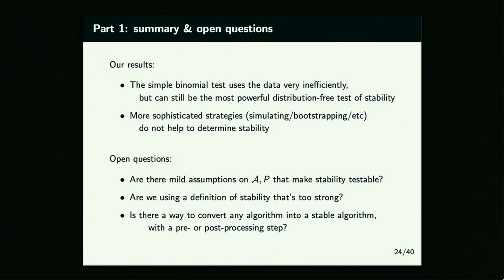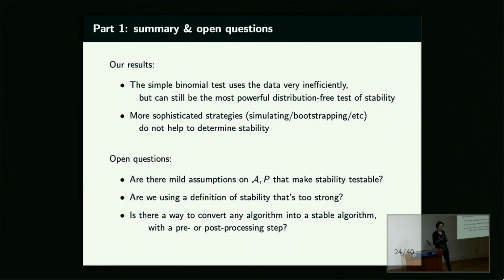We can also ask, instead of assumptions, maybe it's the goal that's the wrong goal. Are we using a definition of stability that's too strong? There might be some weaker definition of stability that is testable, but is still sufficient for downstream implications like generalization. And then finally, leading into the second part, if we can't test stability, can we instead ensure stability by